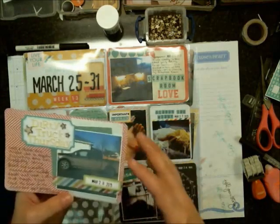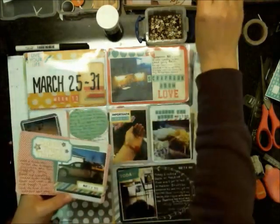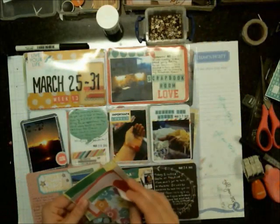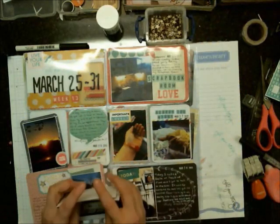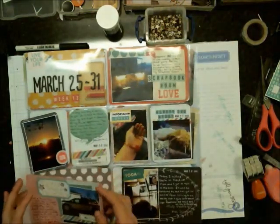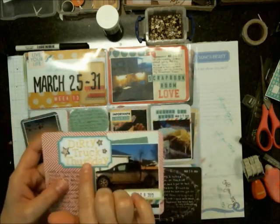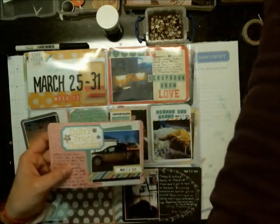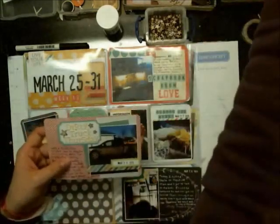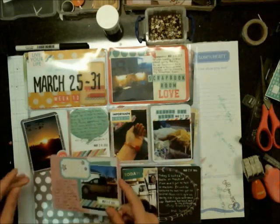This one I did add a little bit more to it. I added some scrap paper, and I added some Amy Tangerine Yes Please paper, and it was a whole 12 by 12 piece of paper, and it had a whole bunch of these little die cut pieces. So I wanted to add another little bit of color pop behind the photo just to give it a little bit of depth. And then I took an Oh Snap label, and I put on these Studio Calico stickers, Dirty Truck Thursday,